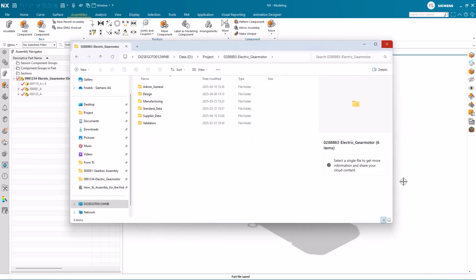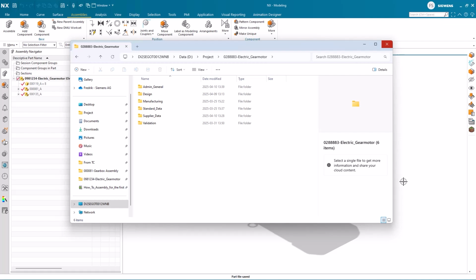It is crucial to organize your files logically on the file system if you're working natively without the support of a PDM system. In this case, you can see that we have already created a named project folder containing subfolders representing the various departments that are handling the data within our organization.